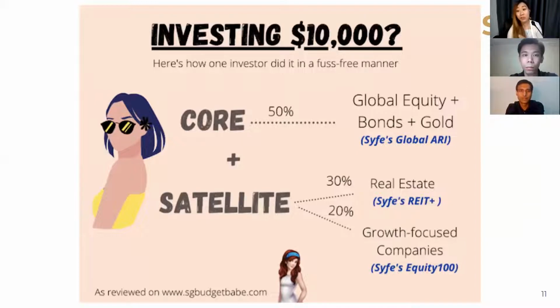If I had to restart today, I would allocate 50% to my core and build up a strong base across equity, bonds, and gold. I could choose to do it either DIY or through you guys, depending on my personal priorities. If I was in a really hectic job, like maybe investment banking, which I'll never be in because I can't stand all that pressure, or I'm really focused on taking care of my children and don't have a lot of time to do it myself, then one good way is to go straight for the Syfe Global ARI solution and allocate 50% to that.